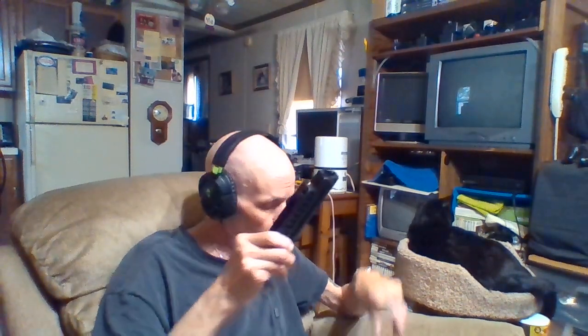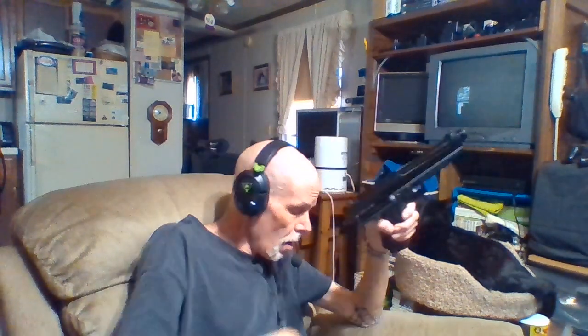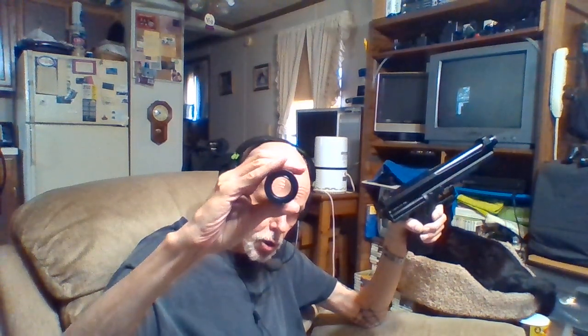But anyway, I was taking this thing apart because, well, this one here, I showed you this one the other day. There's the rest of it there. That's the suppressor that goes on. It's a mock suppressor. That's all it is. All it does is make the barrel longer. If you look down the thing, you'll see it just extends the barrel. It makes the gun look a little more badass, whatever. Anyway,